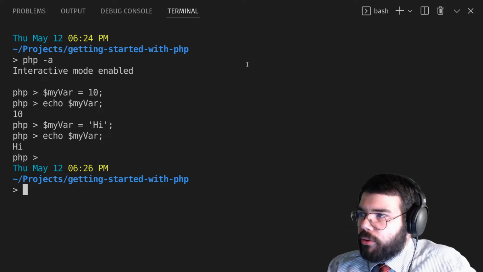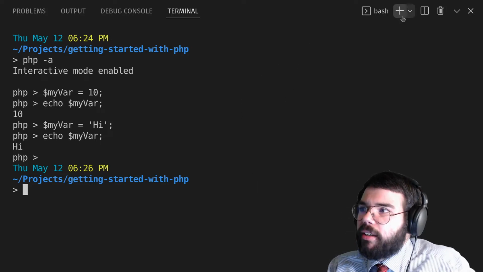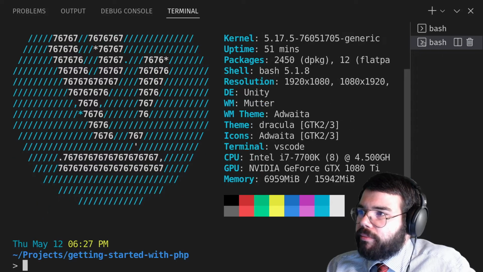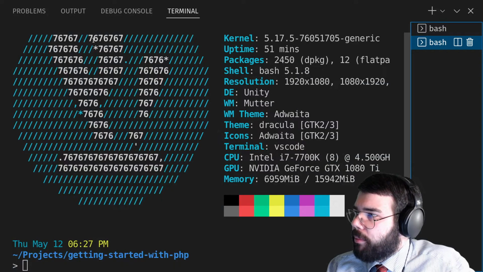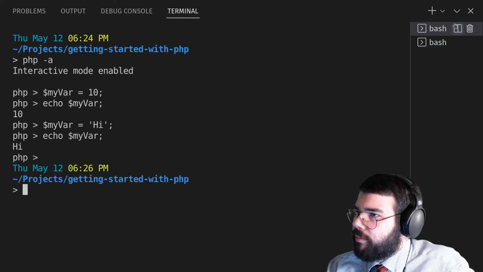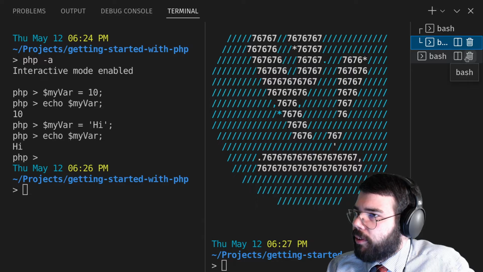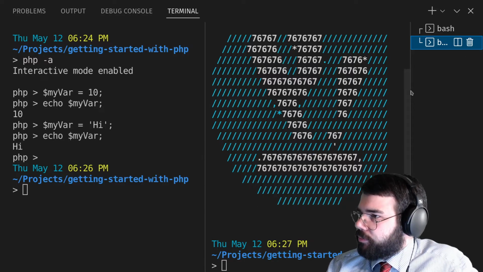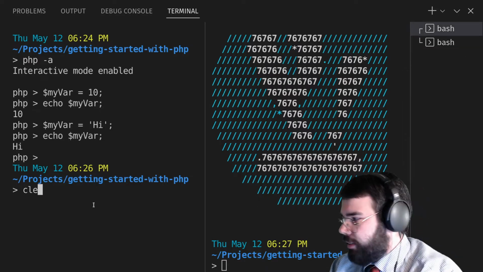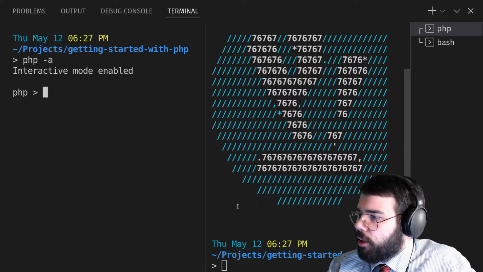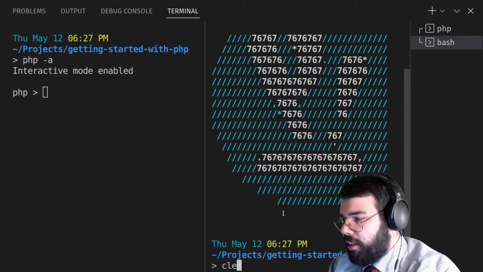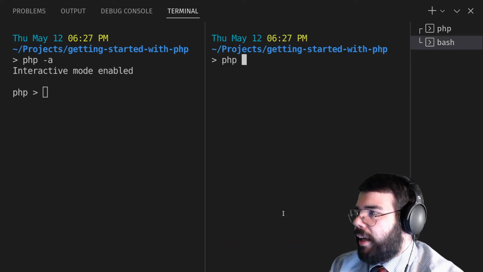So I'm using Visual Studio Code to edit code today, and you can get away with putting two terminals side by side. Okay, there we go. So in a case like this, you might want to have something like php -a, your interactive shell, on one side so you can run quick tests. And then on the other side, we have this ability to say